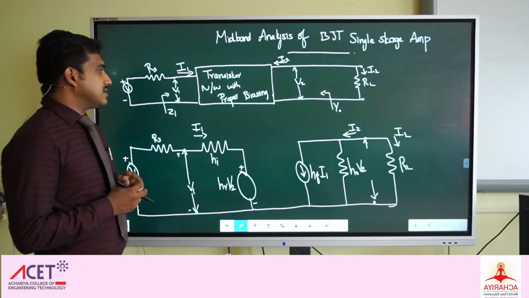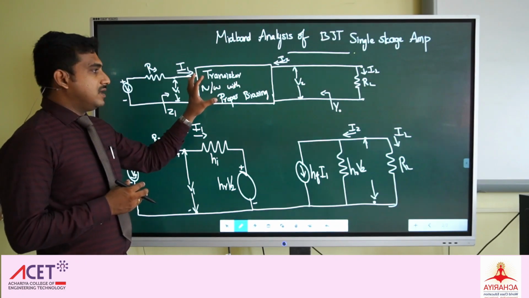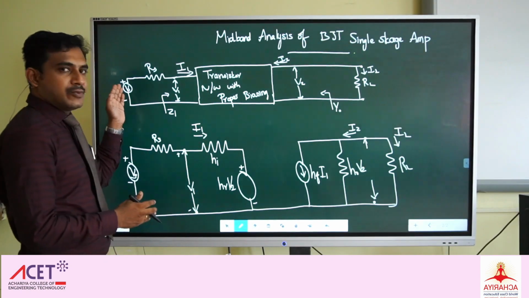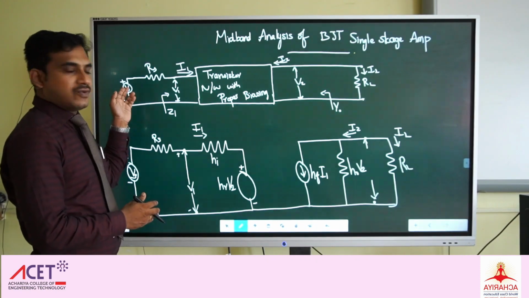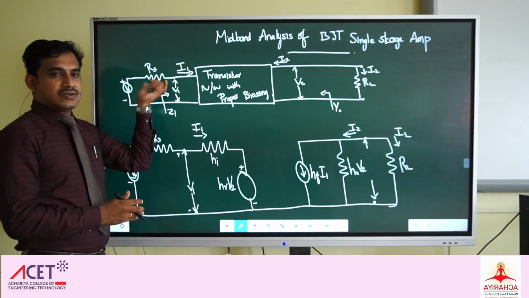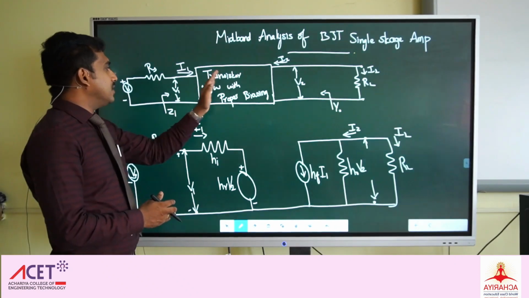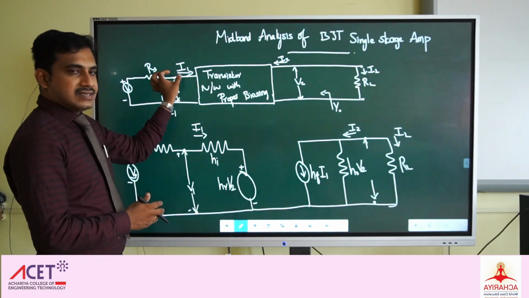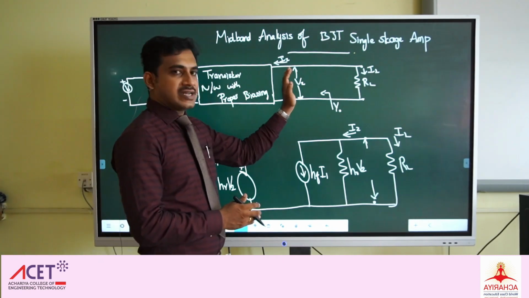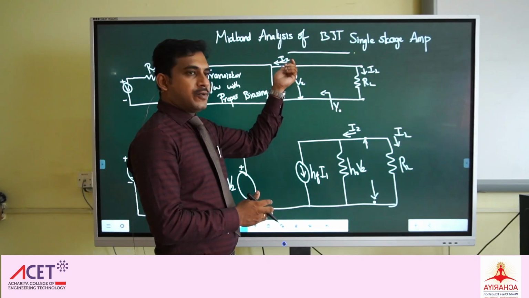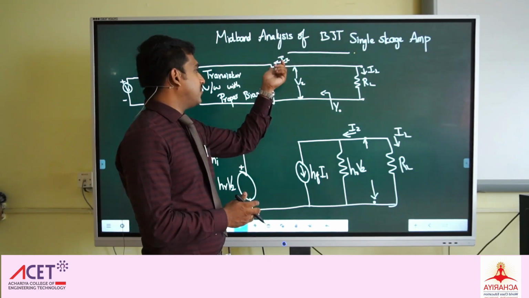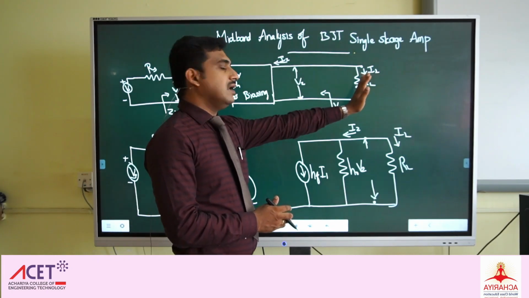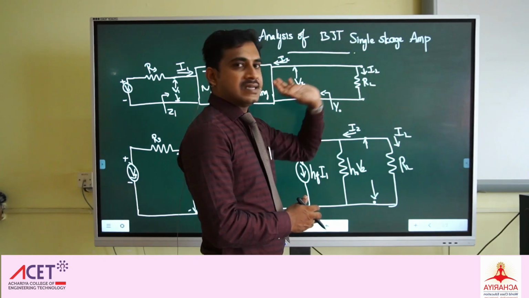Initially, we are considering the transistorized amplifier as a block diagram. Consider this is a transistor network with proper biasing. This is the input we are giving: voltage source Vs and source resistance Rs. The voltage going into the transistor network is considered as V1 and the current as I1. The output from the transistor network is considered as V2, and the output current from the transistor network is considered as I2. The output is given to the load RL. The current flowing through the load is considered as IL.